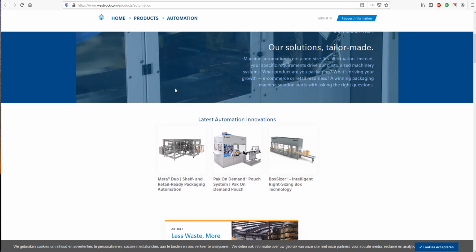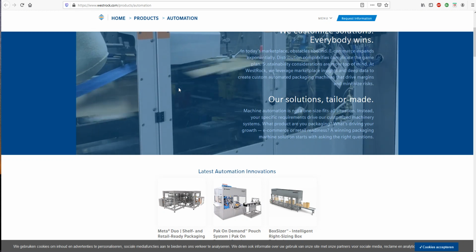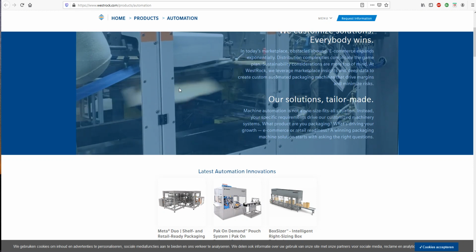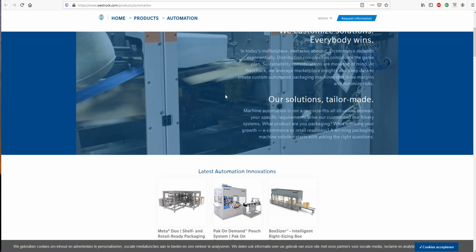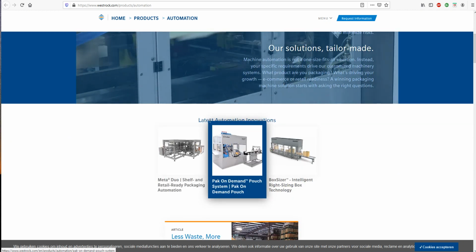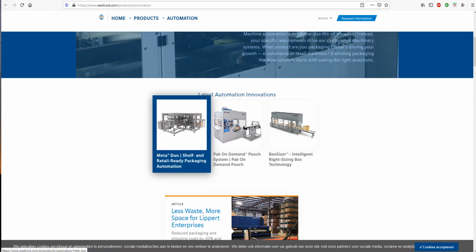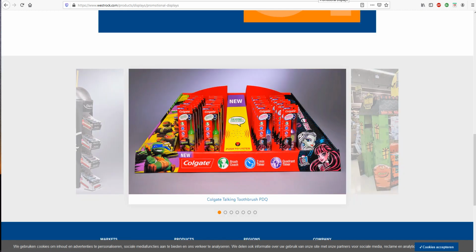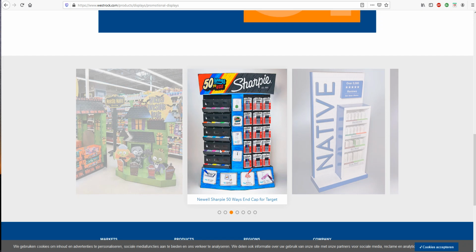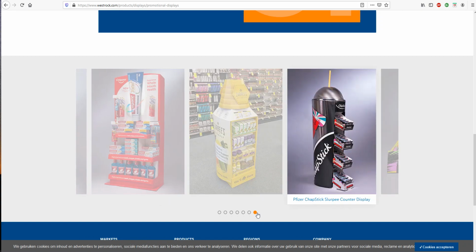They also offer all kinds of automation systems. So of course, when you are running a company and you need packaging, you also need speed, because sometimes there can be a lot of demand for your product. You can see that they offer all kinds of automation innovations, so they can also do very complex packaging solutions simply by automating them with machines that they designed. Another example, they offer all kinds of promotional displays to put into the retail store, all looking very well,